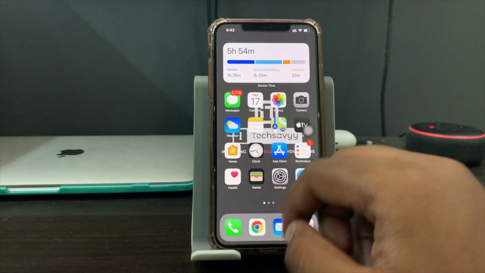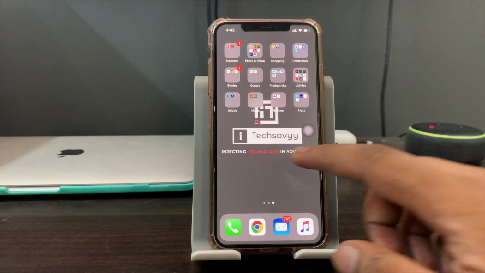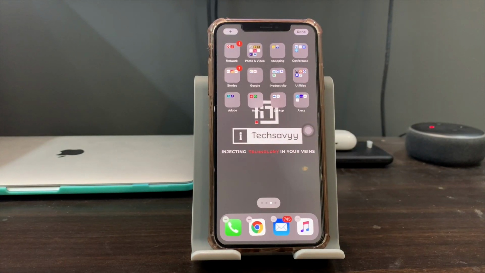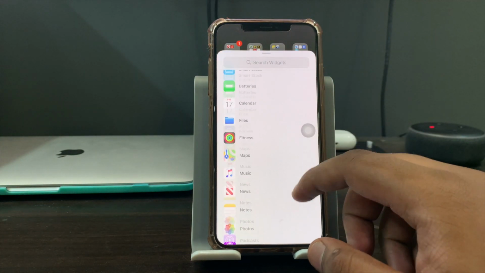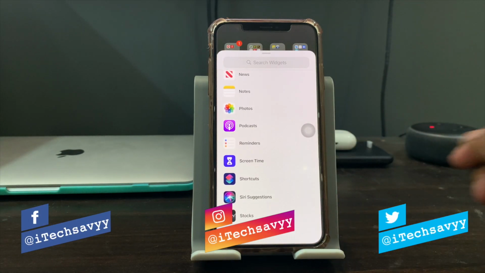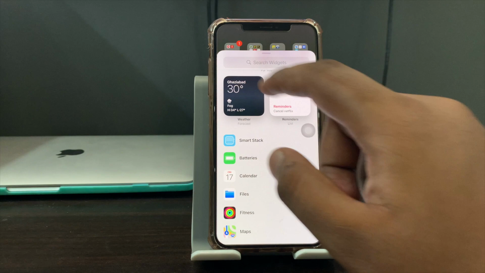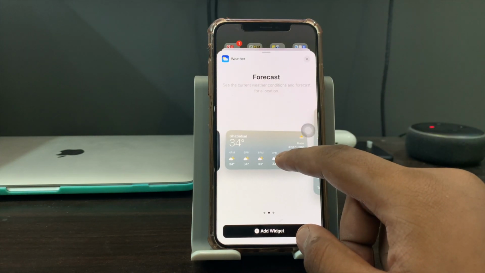Okay, now talking about the widgets on my home screen. So if I choose to edit my home screen and if I click on this plus icon, as I told you, I have all my widgets listed here. And by clicking on a particular widget, I can choose to add it on my home screen.